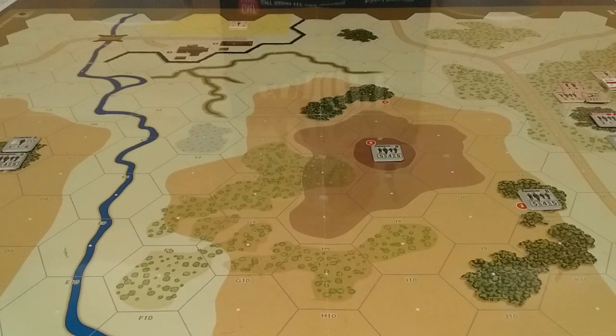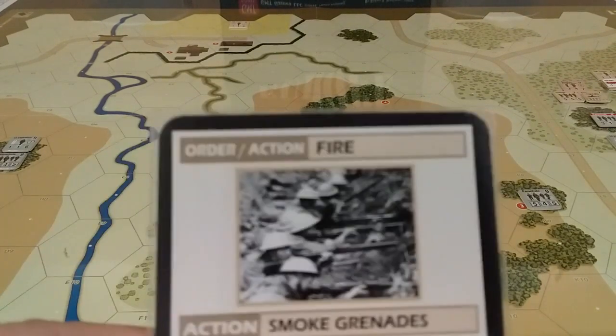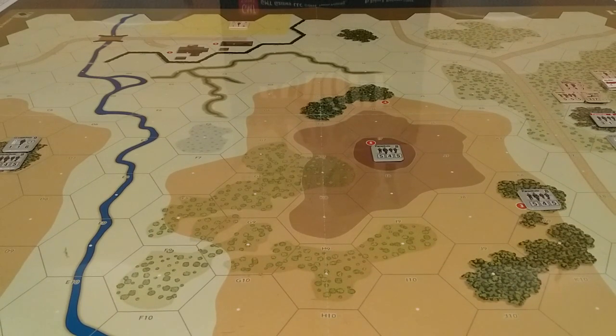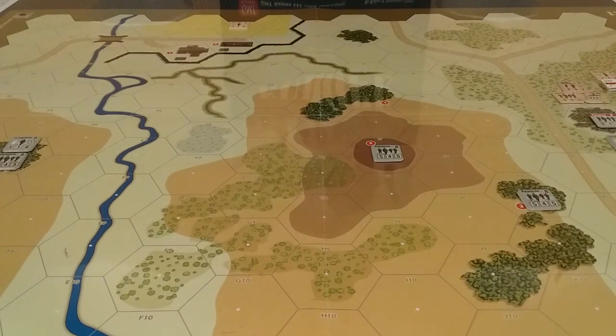Okay, we are going to fire. We're going to use this order. We are going to use marksmanship for a +2. And then we are going to, let's see what we got first. So that will be 5, 6, 7, 8. +2 is 10 into there. That'll do. So 10